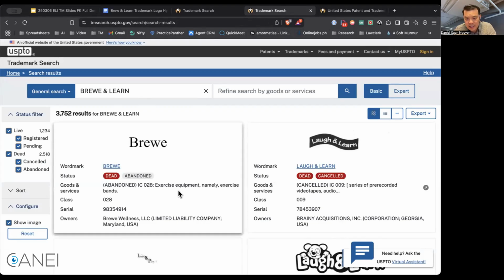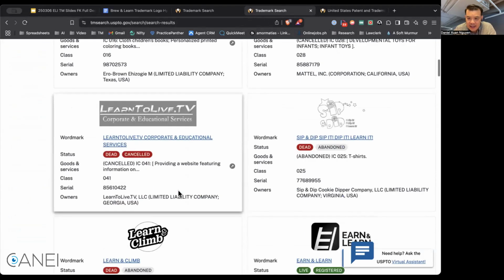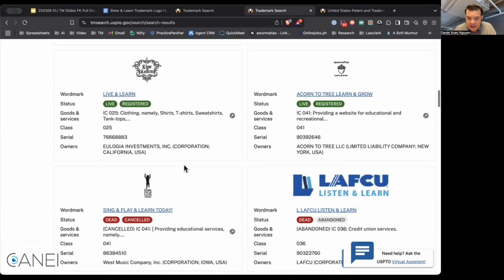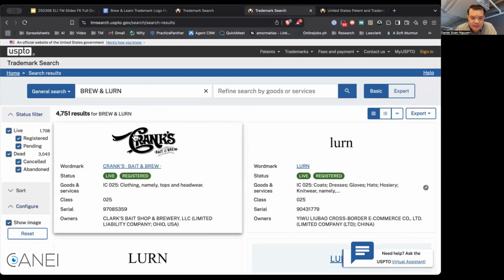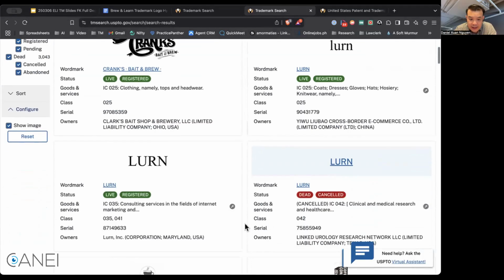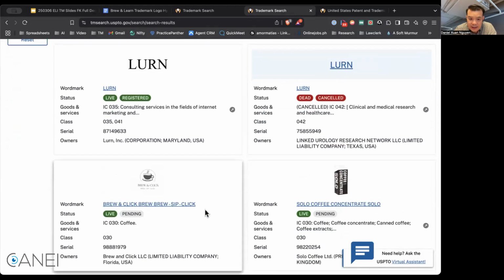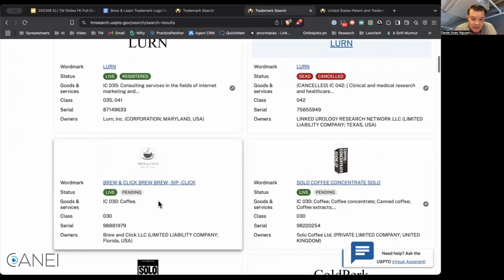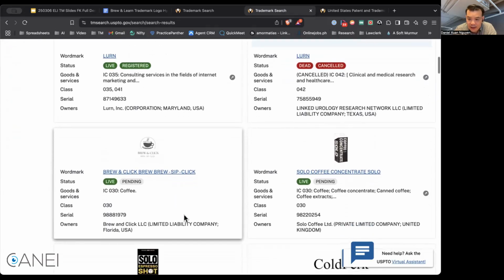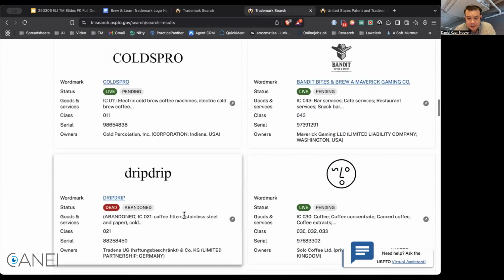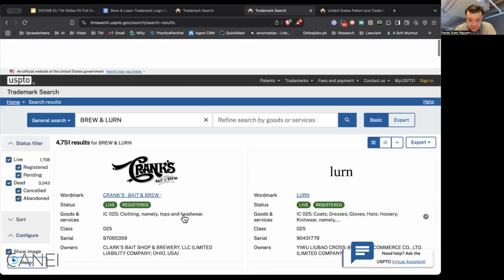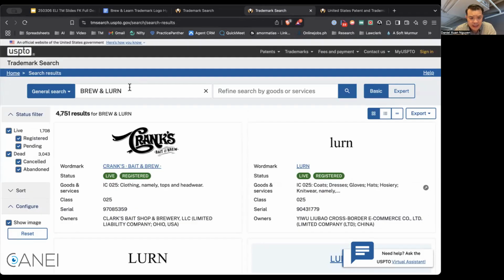Learn. Oh, okay. Exercise equipment. Looks like there's nothing really close here. Let's just play around with this. Maybe we go like the Brew and Learn. Okay. Bake and Brew. That's tops. Learn is clothing. Okay. So Learn, internet marketing. Click and Brew and Click, okay. Coffee, so they sell the actual coffee. We're a coffee shop. Okay, so at first glance, doesn't look like there's any similar sounding,